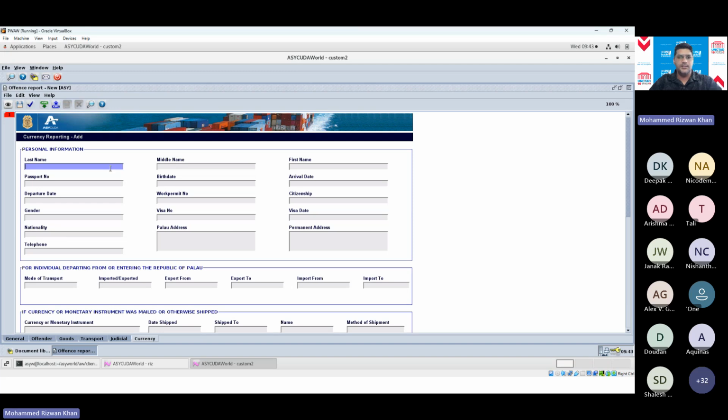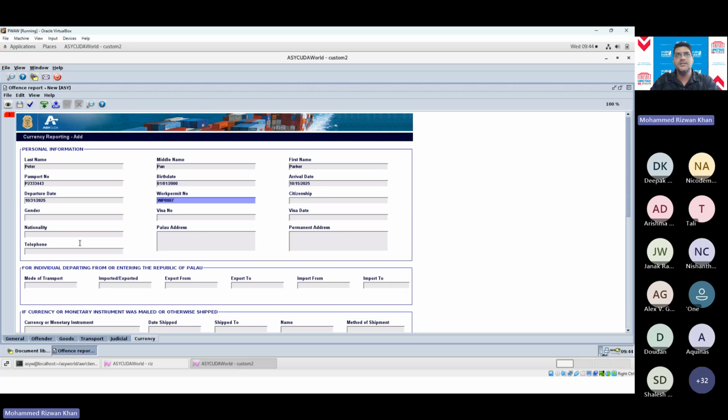So currency, very quickly, let's fill this. Passport number. Let's say they're arriving today, when they're departing. If they have a work permit number, let's say.